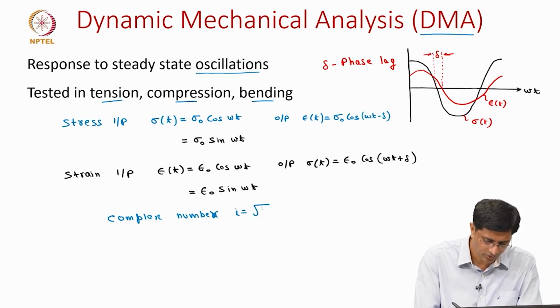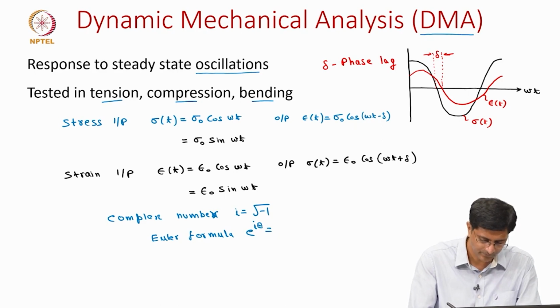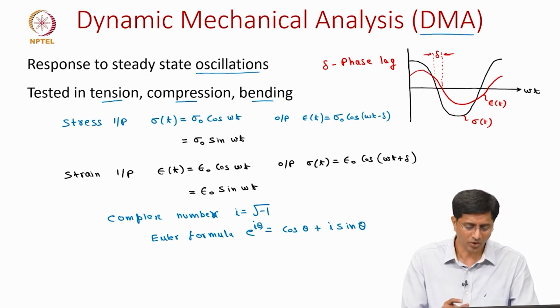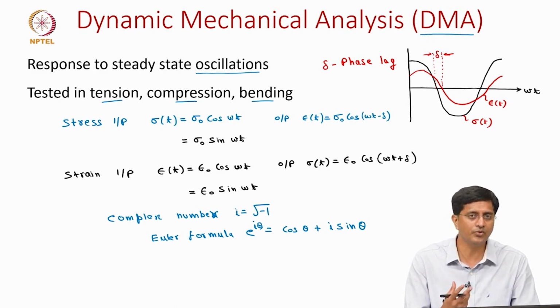i is the square root of minus 1, and the Euler formula e power i theta is given as cos theta plus i sin theta. The reason why we are looking at this is that we will now see there is a more uniform way to